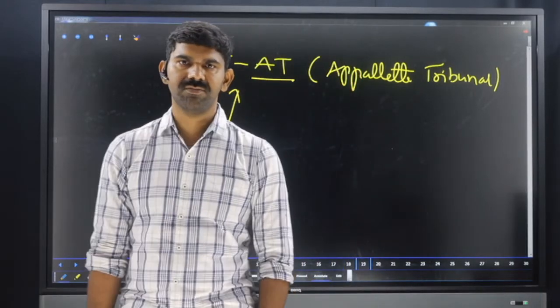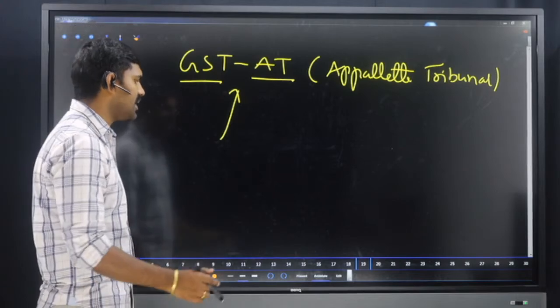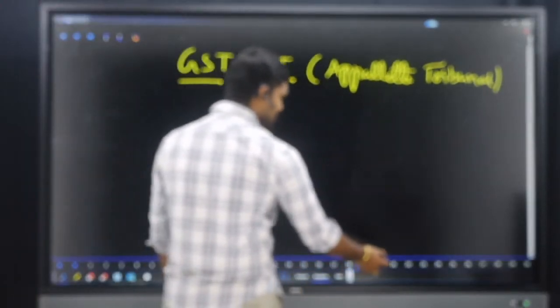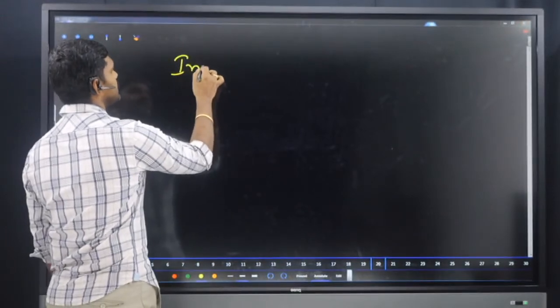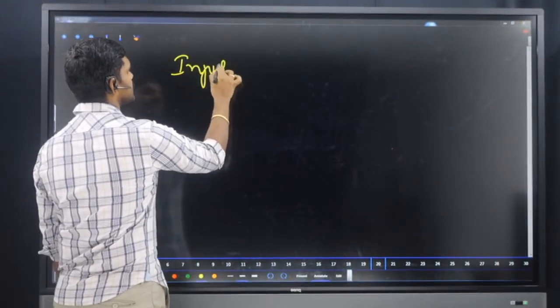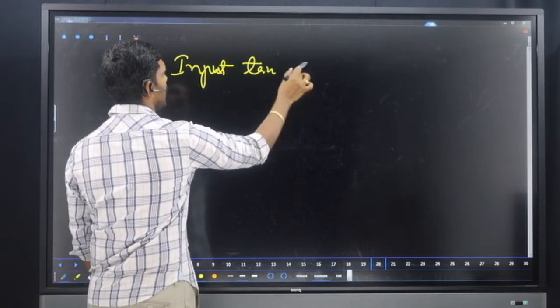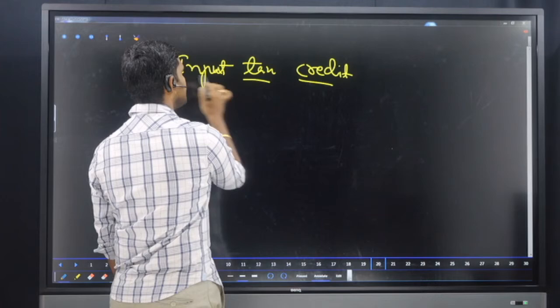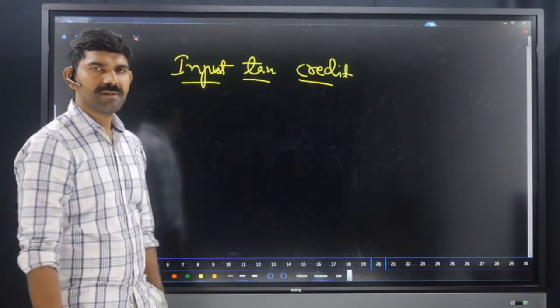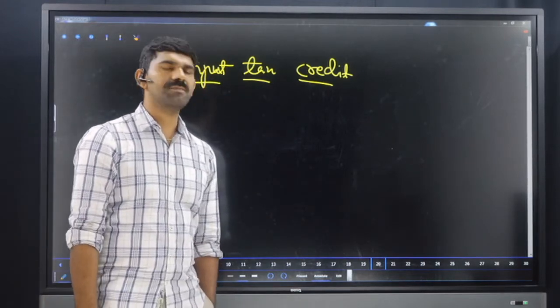GST Appellate Tribunal. Is it clear, Andy? So one last thing I wanted to take up with respect to GST is input tax credit. After completing this, I will answer your questions. What is this input tax credit? See here, input tax credit is nothing but